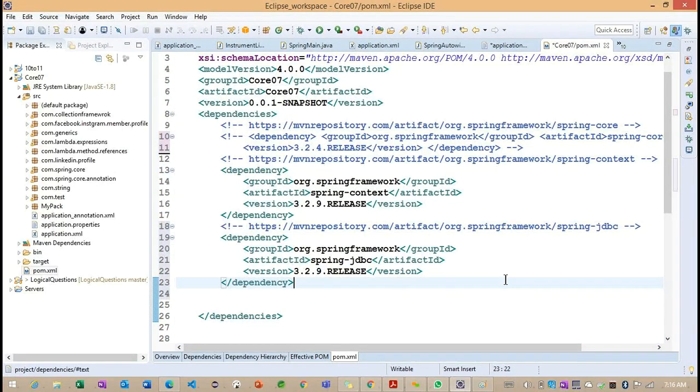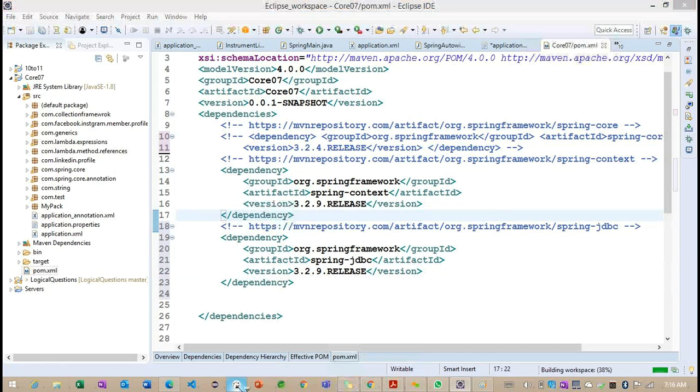Whenever we provide Spring JDBC, we need to provide one more jar, because we are going to connect our application with the Postgres database.